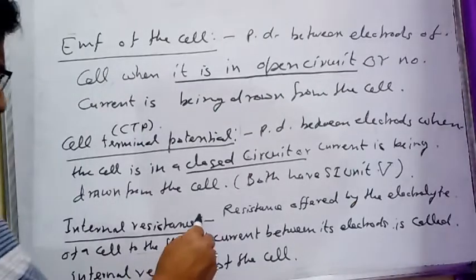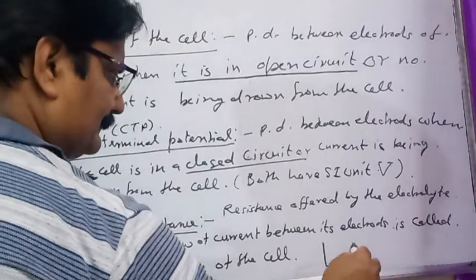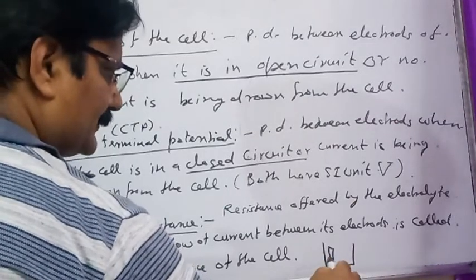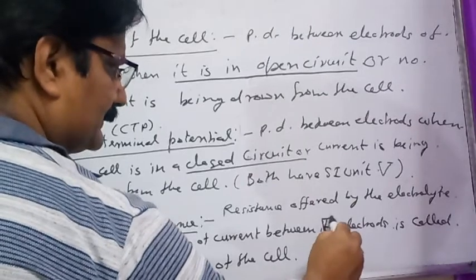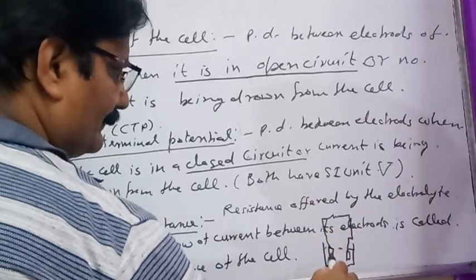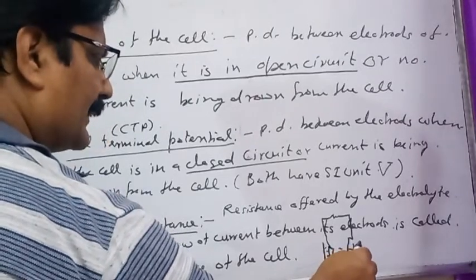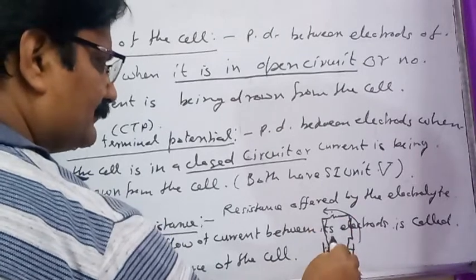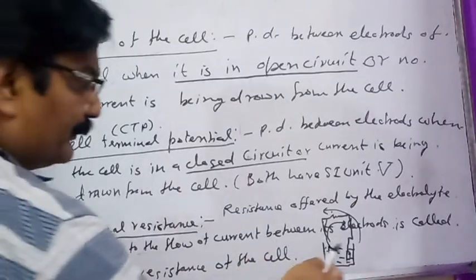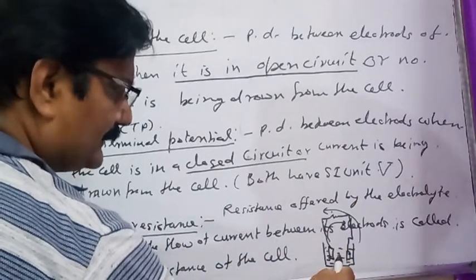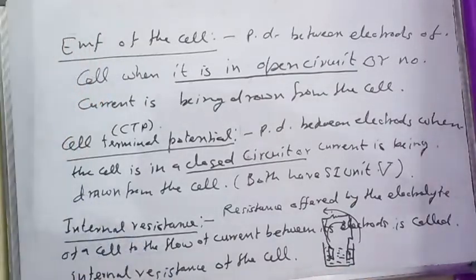Internal resistance. Internal resistance of the cell at the time when cell is connected in a circuit. This is positive electrode, this is negative electrode, and this is connecting wire. So we know that as electrons are flowing from negative terminal of the cell towards positive, current is flowing from positive terminal towards negative. But to complete this circle, the ions move in two different directions inside the electrolyte, and